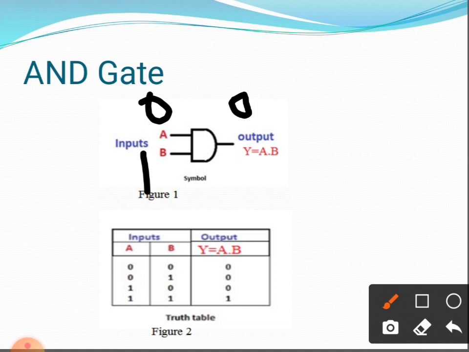Let us consider the third condition. When we use A equal to 1 and B equal to 0, then the output is 0. And the last condition: when we give A equal to 1 and B equal to 1, then the output will be 1. That is the truth table for the AND gate. The AND operation is also referred to as logical multiplication, and therefore it is a symbol